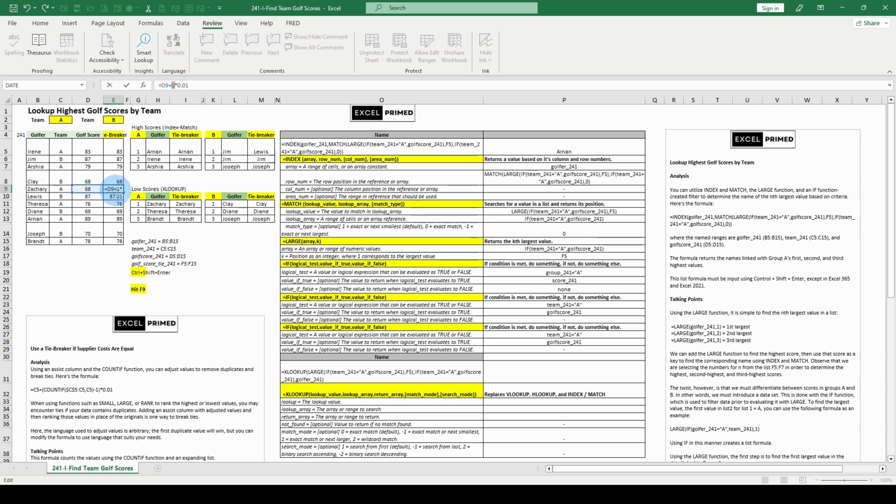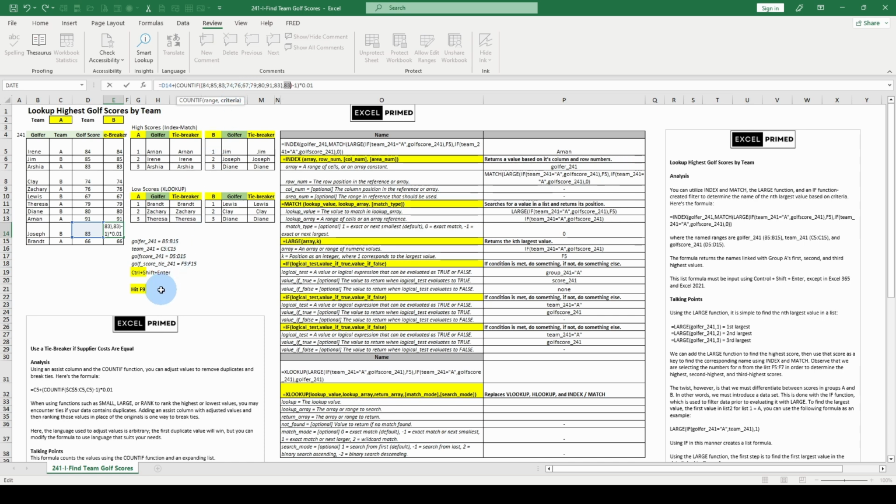D9 plus 1 is going to be 69 times 0.01. Taking a look here, we have COUNTIF, and we have this array. How many times do we see 83? 1, 2. What is COUNTIF going to do? It's going COUNTIF if it's 83. And how many? We have 2. 2 minus 1 is 1. 1 times 0.01 is 0.01. D14 plus 0.01 is